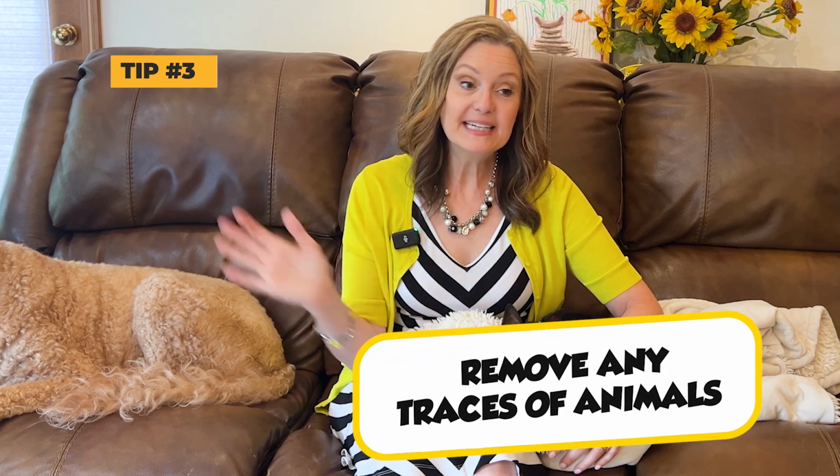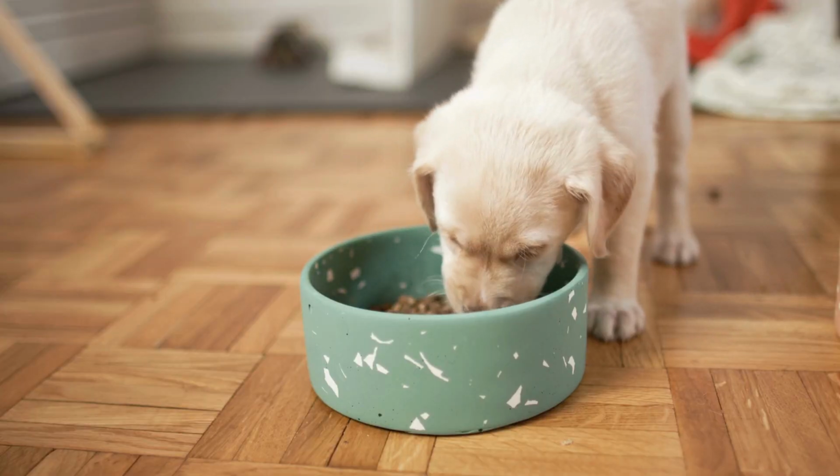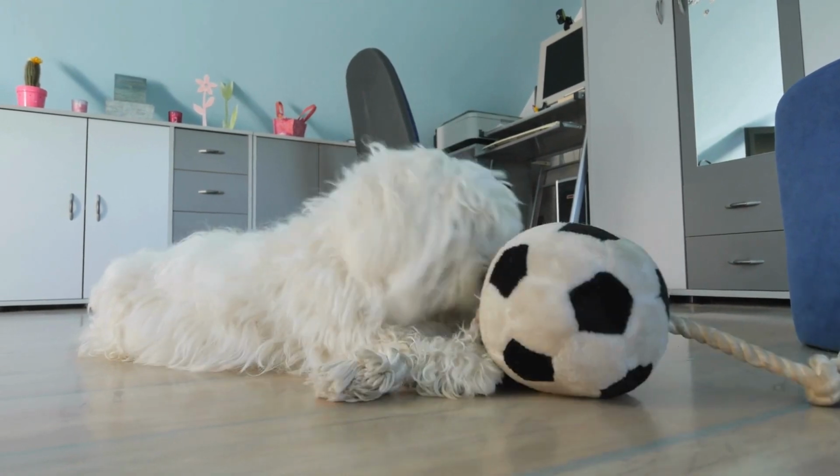The third tip is when you are getting ready for photos, you are going to want to remove any trace of animals for the photographer. That would mean putting away dog bowls, putting away water bowls, making sure that all the toys are picked up. And I'm not just saying picking up and putting it in a cute little basket and putting the basket in a corner of a room. I'm talking about picking them all up and taking that